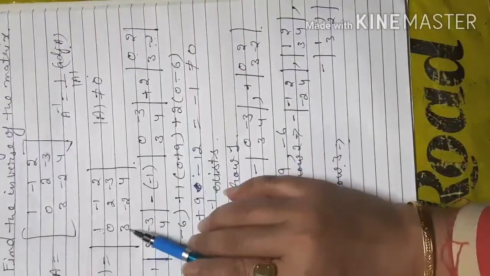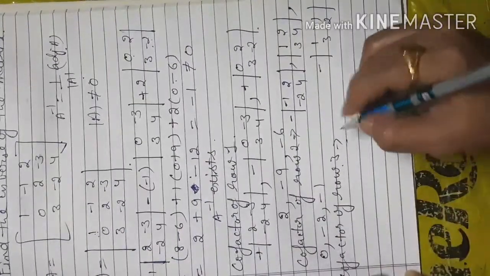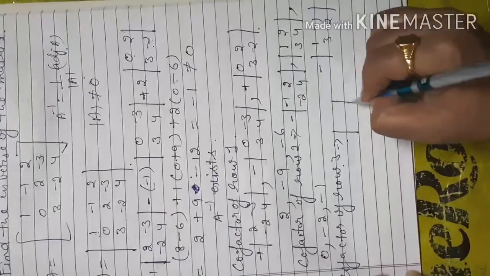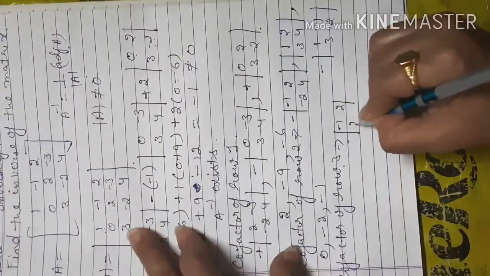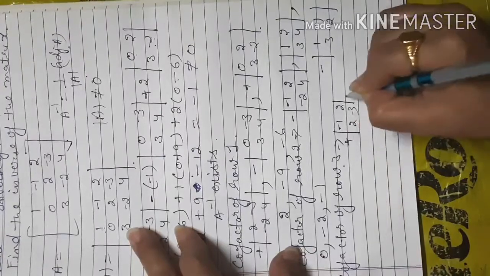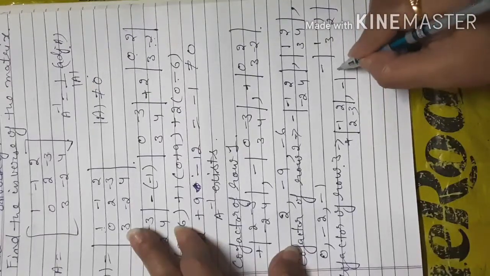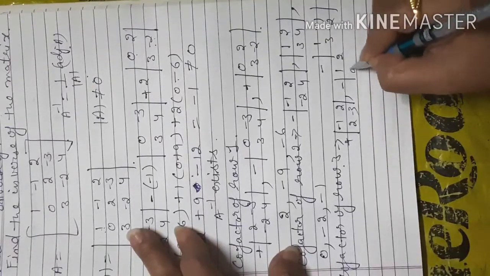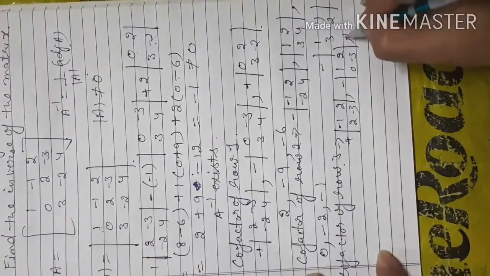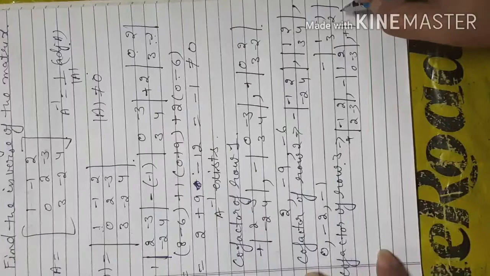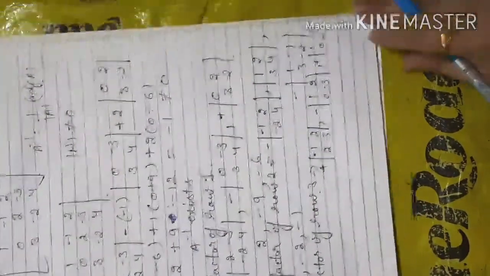So you just pick the position sign and connected element with that. That position sign is positive and the connected elements with 3 are minus 1, 2 and 2, minus 3. So that is positive sign. Now third row second column position sign is negative and my connected elements are 1, 2, 0, minus 3. And third row third column position sign is positive and my connected elements are 1, minus 1, 0, 2.